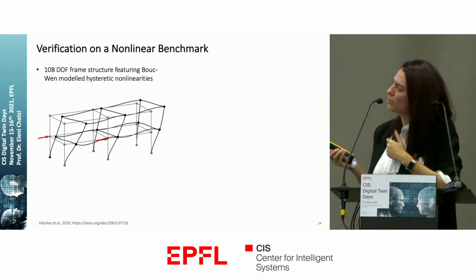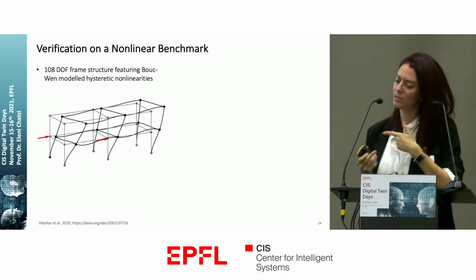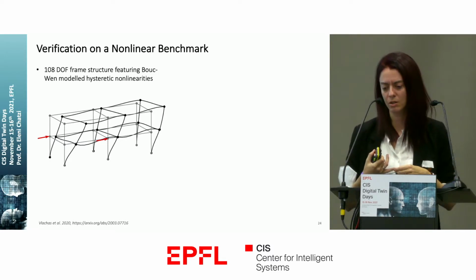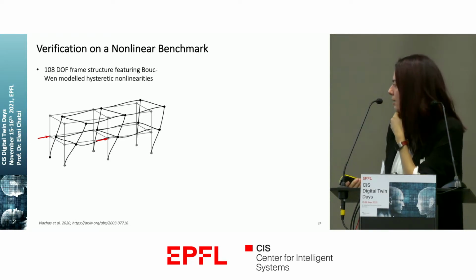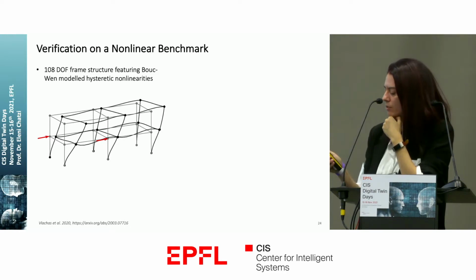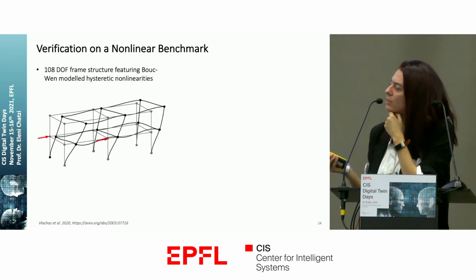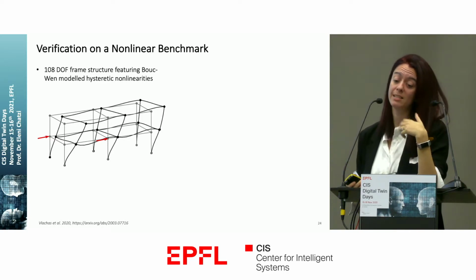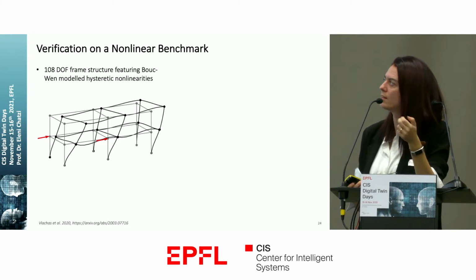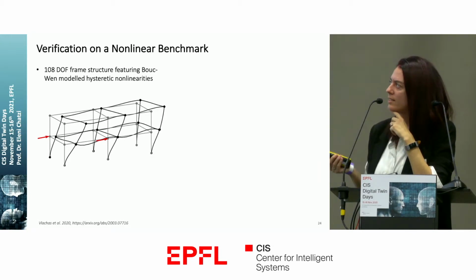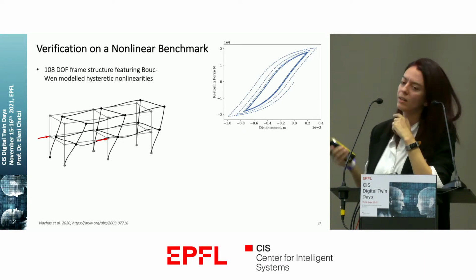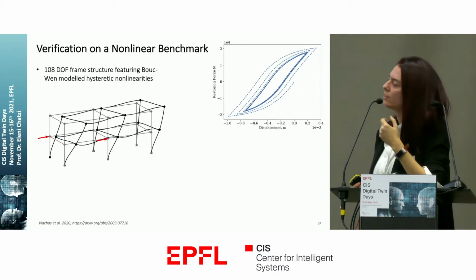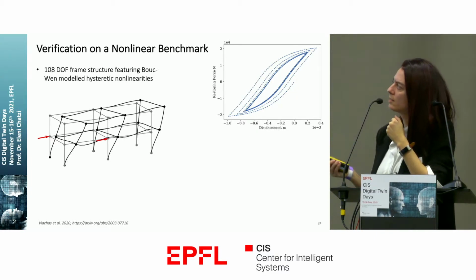Here is an example of doing this on a simulated data set that is quite relevant, again, within a civil engineering context. It's a shear frame building, which experiences nonlinearity in the hysteretic form. So there is a Bouc-Wen model that describes the nonlinear behavior of all of these joints in this building. Basically what it means is if you have an earthquake or a load that takes you beyond the yield limit of these joints, then you will get a behavior that looks like this. And this is a nonlinear hysteretic behavior that is not necessarily very easy to model, especially when this is distributed